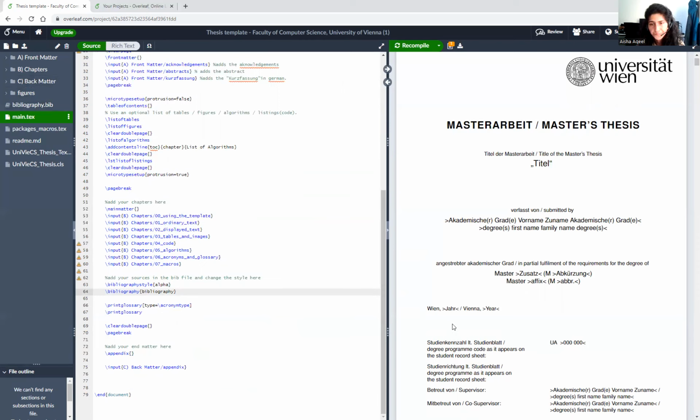And with this, you will just run recompile or compile, then you will see that a PDF is created. Once you start writing, it will not take too much time to actually learn how things work.